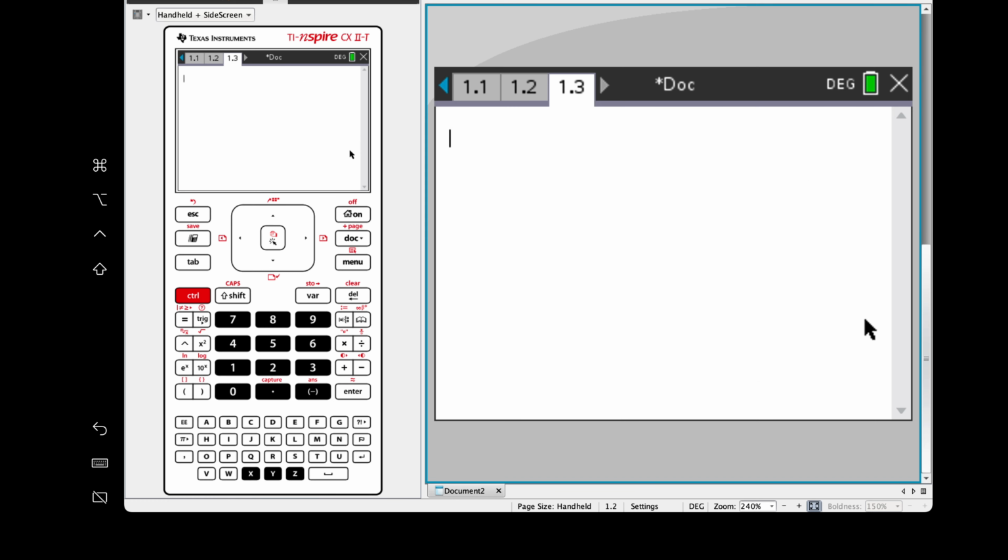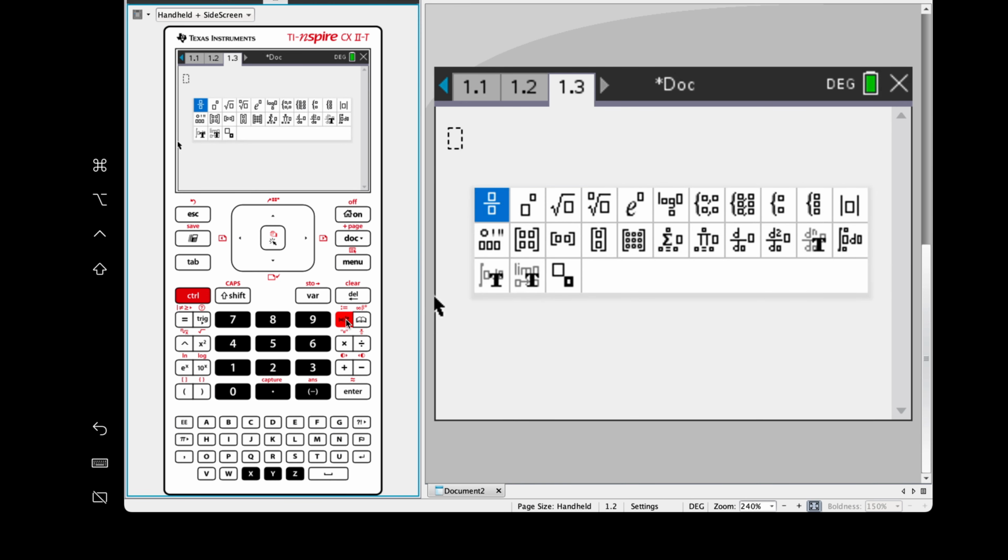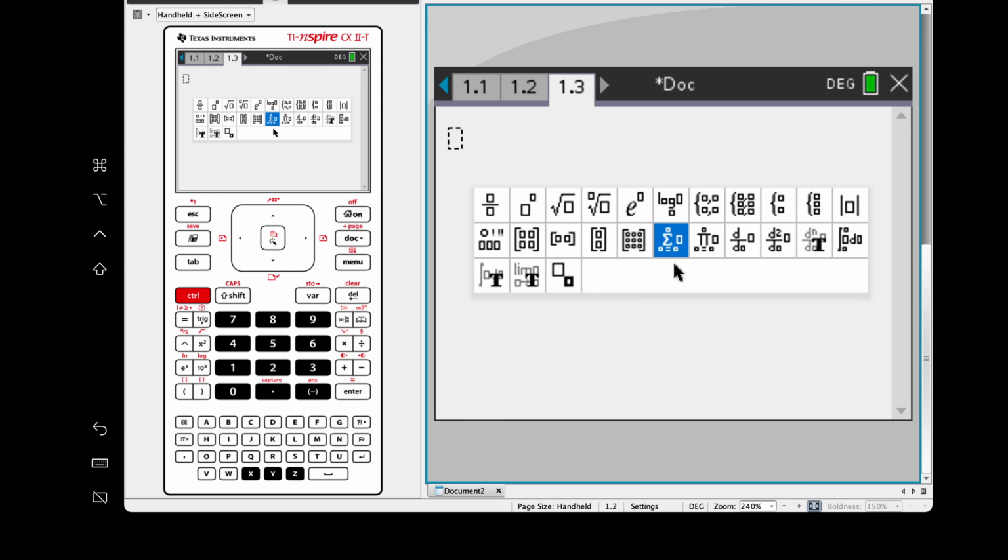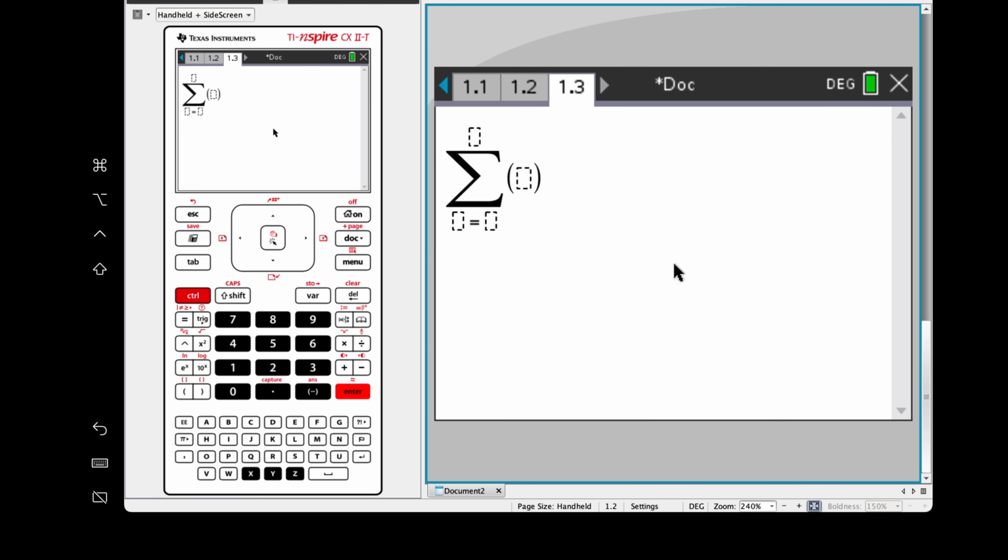I want to go to a calculator page. Just go into this button that's next to the 9 here and click on that. You'll get up all the different functions that you can use. Now, if you look in the middle of the second line, we have our sigma notation function. So if we select that and press enter,